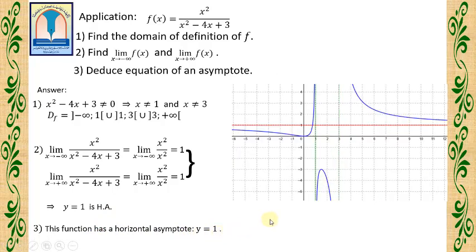Let us look at the curve of this function. It has a horizontal asymptote y equals 1. As x tends to minus infinity, y is approaching 1 from below, and as x tends to plus infinity, y is approaching 1 from above. Note please that this function has also two vertical asymptotes. The curve of a function can never intersect the vertical asymptotes, but it may or may not intersect the horizontal asymptote at some